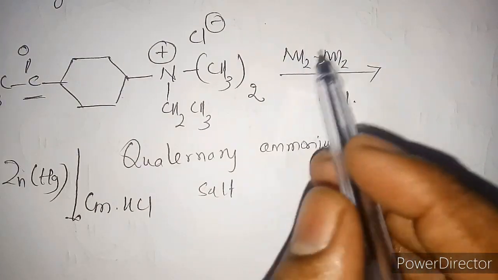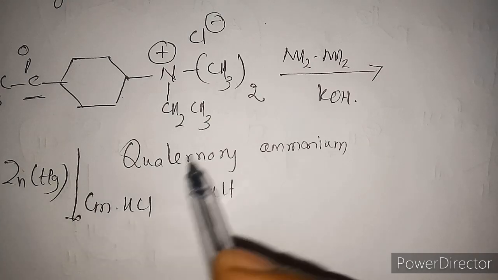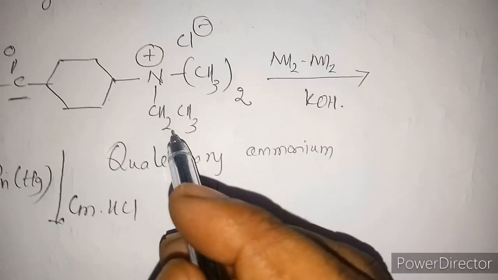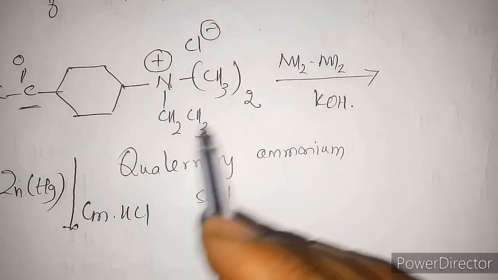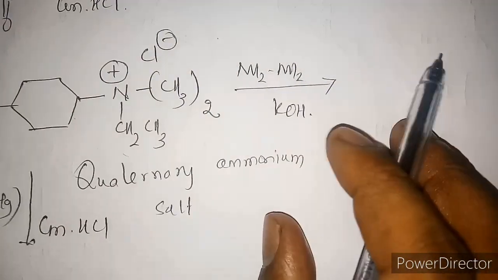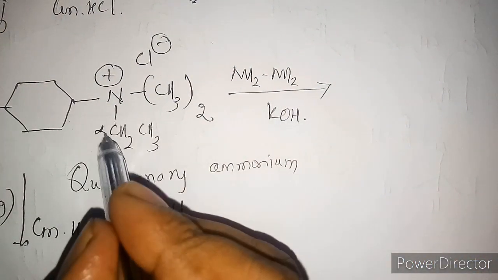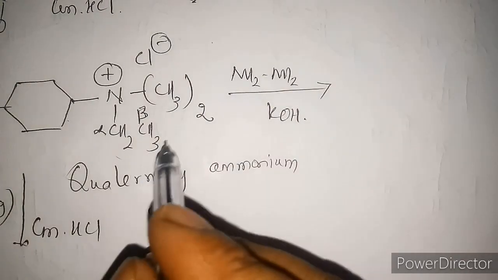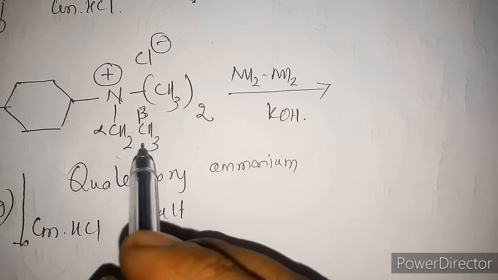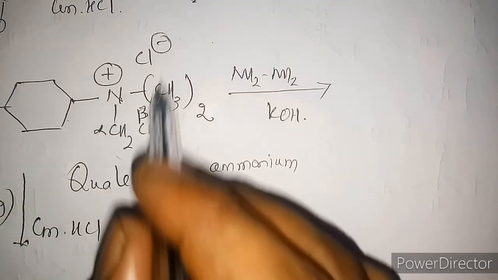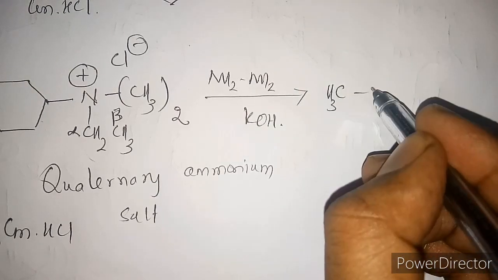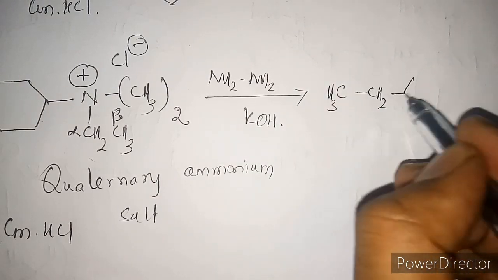if you carry out the reductions in the presence of Wolff-Kishner reduction, that is in the basic medium, this quaternary ammonium salt is base sensitive. It is not base inert, it is base sensitive, and along with the reduction, this also undergoes reaction. Because it contains a beta hydrogen, beta hydride elimination leads to the formation of an alkene. This also reacts.